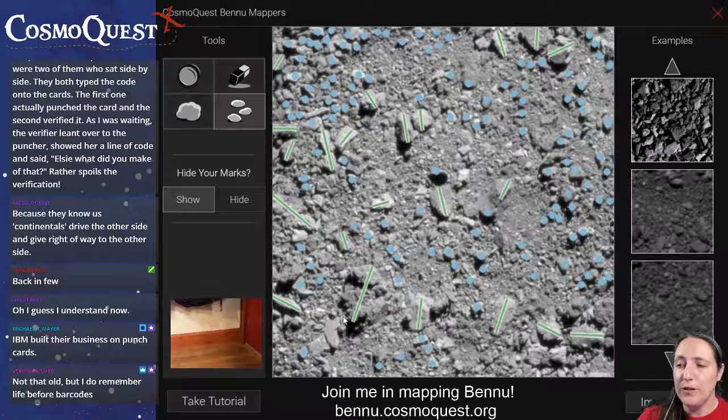Veronica says, not that old, but I do remember life before barcodes. I kind of remember life before barcodes. There's a discount grocery store here that's local to Ohio called Mark's. And for the longest time, they did not have barcode scanners. Every product they sold had barcodes, but they didn't have the belts to move your groceries forward. They literally just put tags on each individual item,